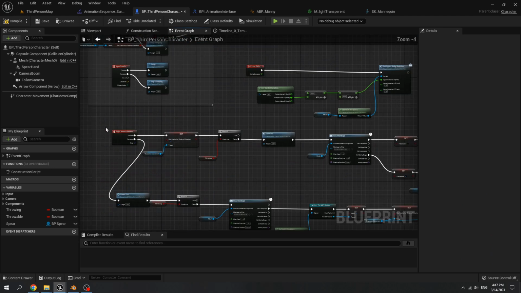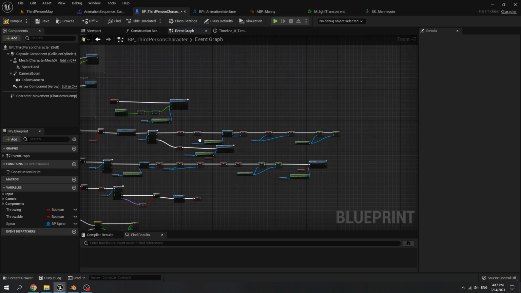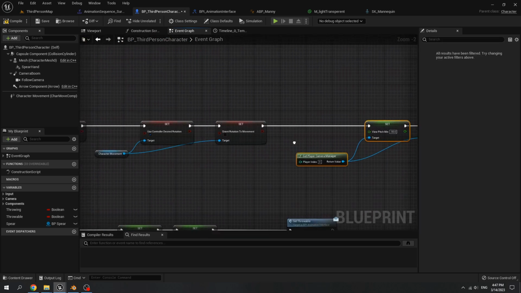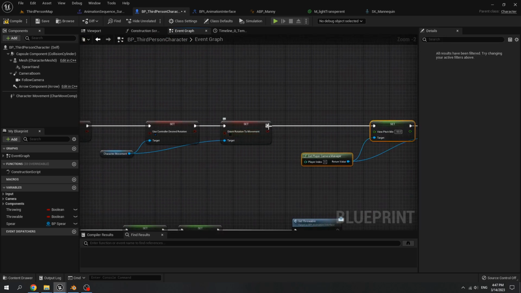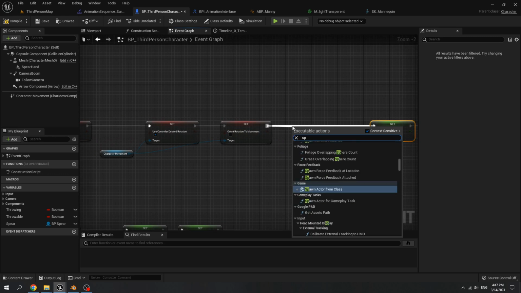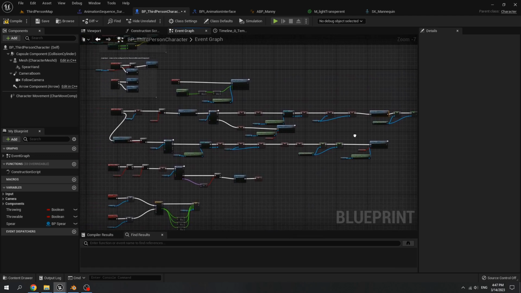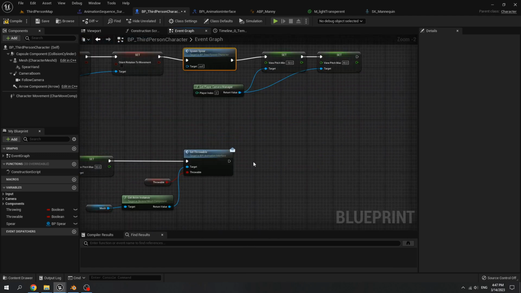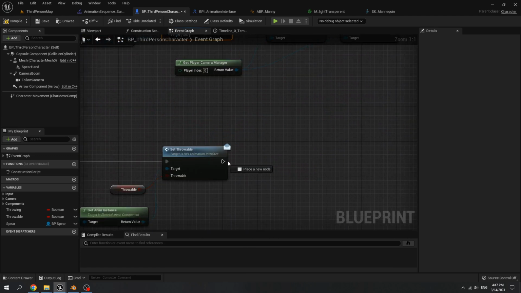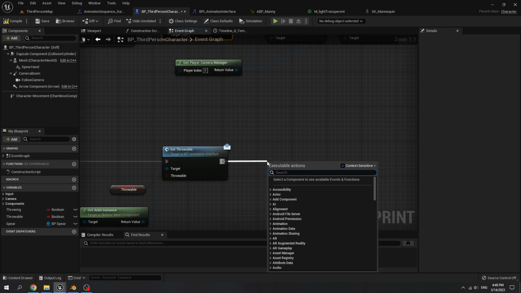Go to our right mouse press, and after we set the orient rotation to movement, call the event spawn sphere. And for release, after we set throwable, call destroy sphere.